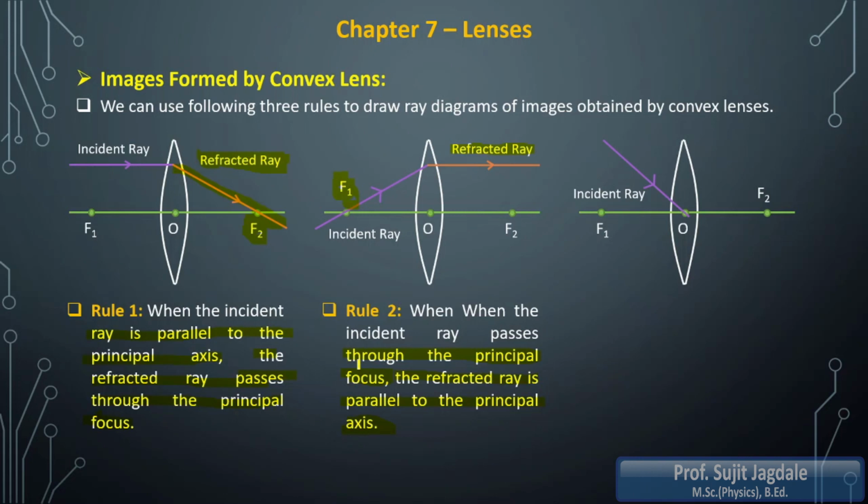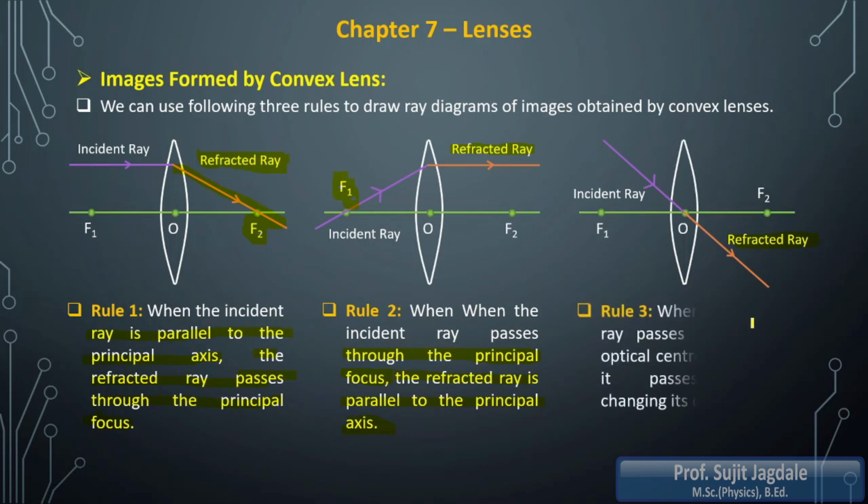And we had just considered the definition of optical center. It is the point inside the lens where incident rays go undeviated. That means they do not change the direction. So you can see in rule 3 what is going to happen. Because the incident ray is traveling through the point O, which is inside the lens, that means it is the optical center. So obviously the refracted ray is going to be undeviated. It will go straight as it is. It does not change the direction.